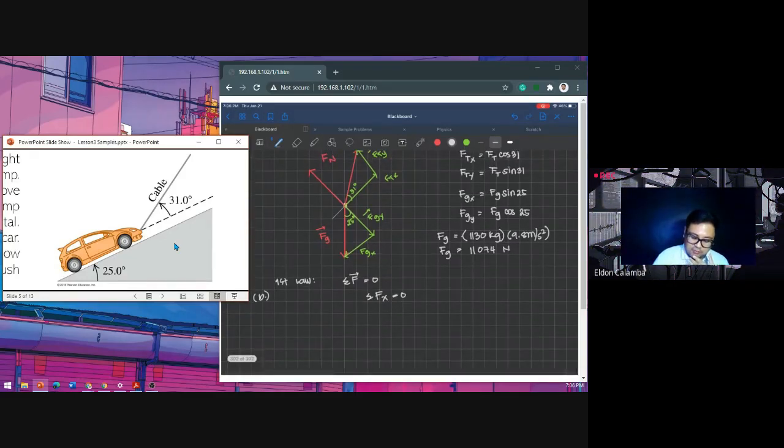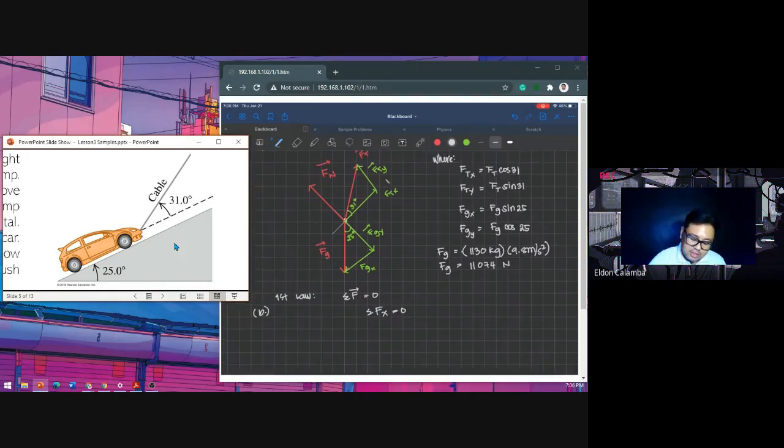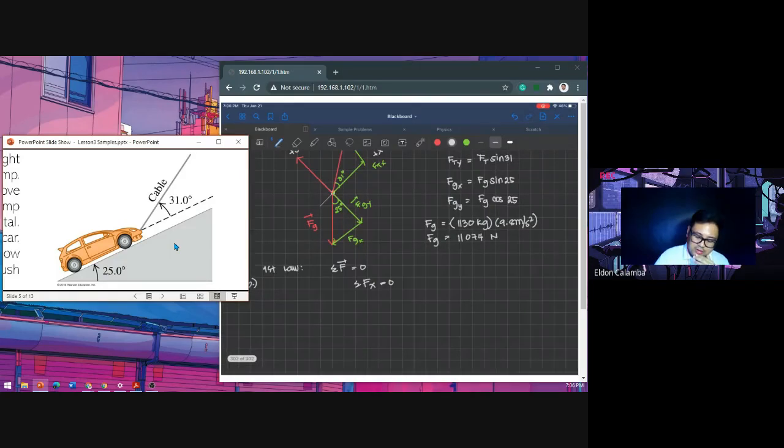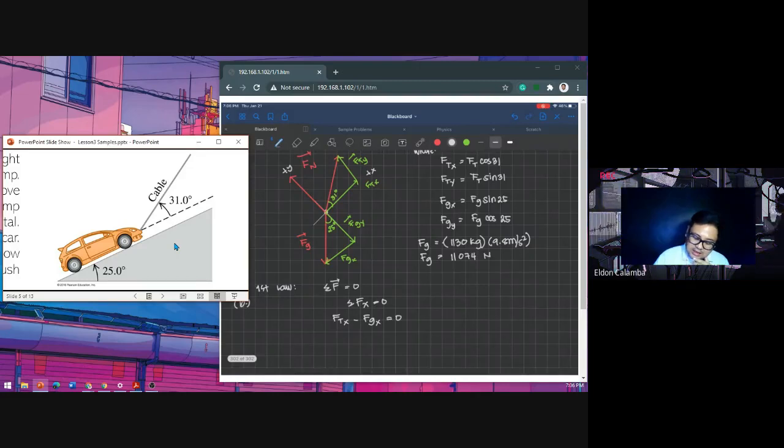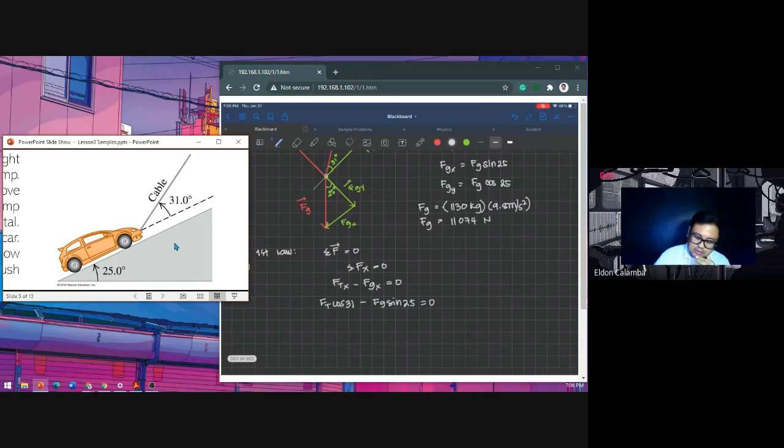So you have, by the way, papunta dito is positive X, positive Y pataas. Okay, so you have FTX minus FGX equal to 0. So substitute ko lang sila FTX and FGX. So this is FT cos 31 minus FG sin 25 equal to 0. So FT just equal to FG